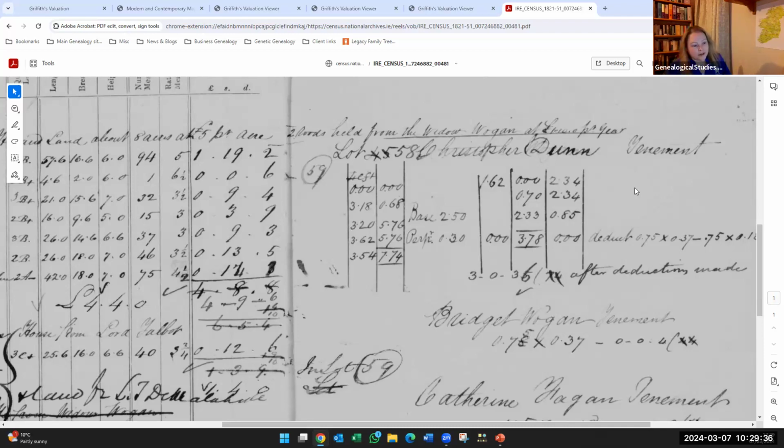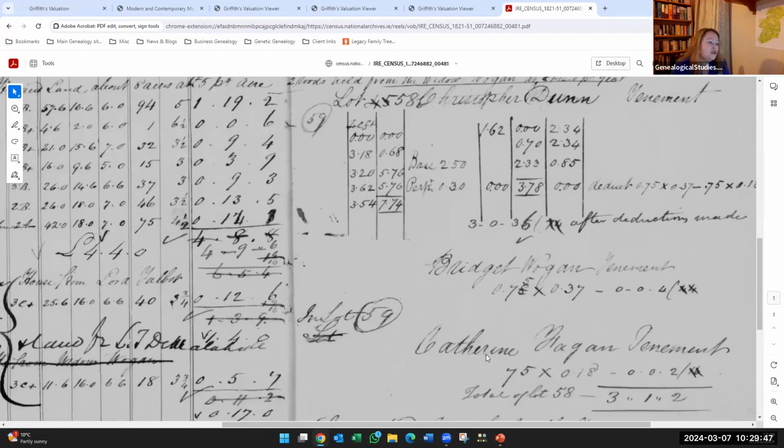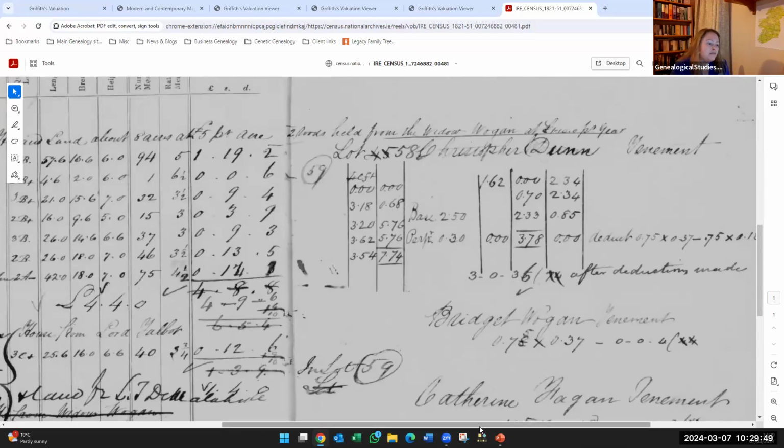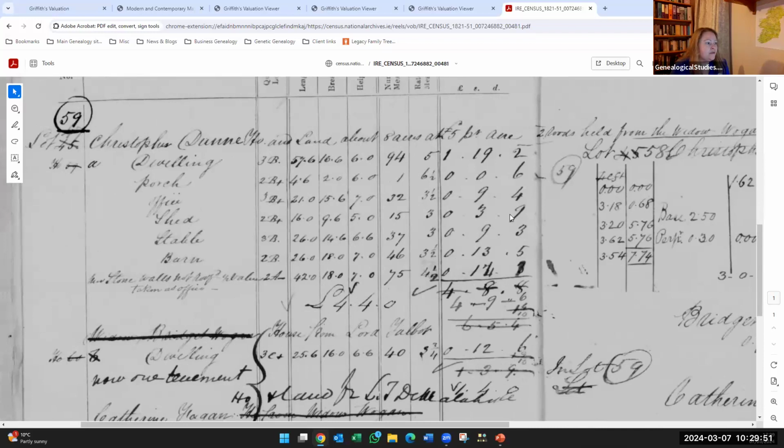So we know that even though this is published in standard acres, these people were still working in Irish acres. So by looking at these 2 different data points, we get some extra information than we would have if we just looked at the published valuation. Let me just swap back to my slides now, and I'll show you where we can see these things.